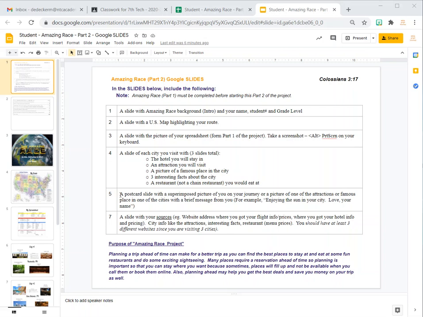And then the next slide would be a postcard slide with a superimposed picture of you on your journey or a picture of one of the attractions or famous place in one of the cities with a brief message from you. For example, enjoying the sun in your city, and you would put your city name and then love your